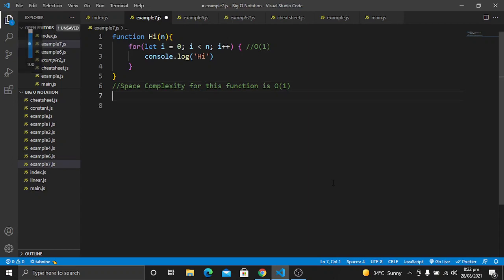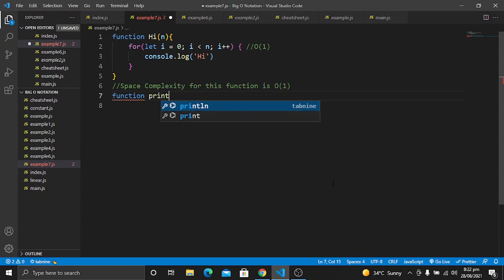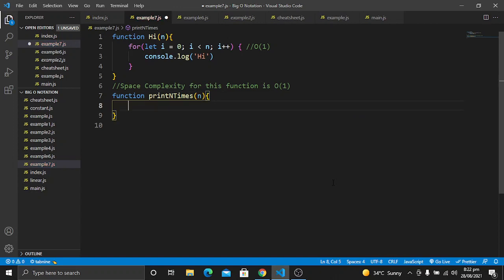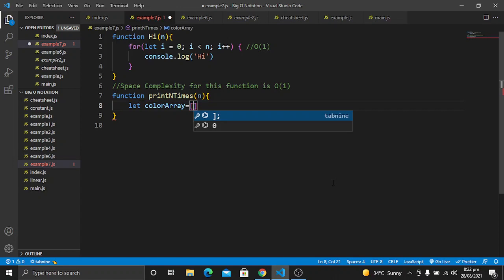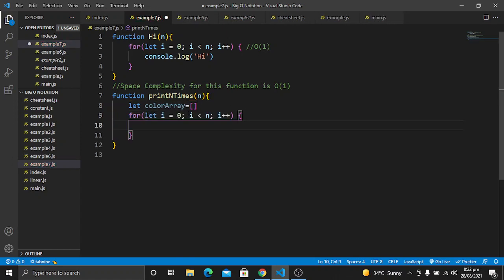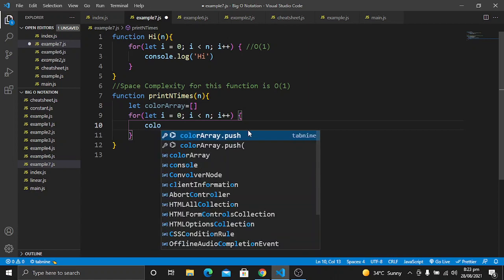Now let's move towards the second example. Let's create a new function with the name print n times, which will have a parameter n. Let's create an empty array with the name color array. We will run a for loop with i equal to 0, i less than n, and i plus plus.